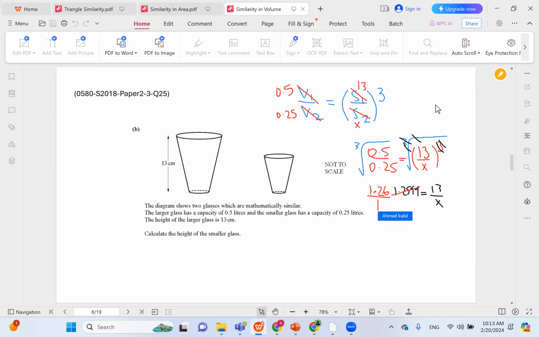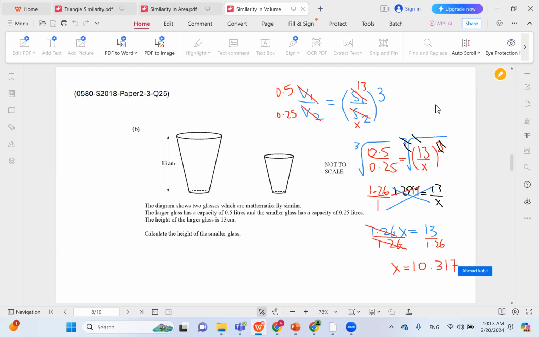We do over 1 to cross multiply, and we get 1.26x equals 13. Then we divide by 1.26 on both sides. We cancel these out, and we finally get x equals 13 divided by 1.26, which is